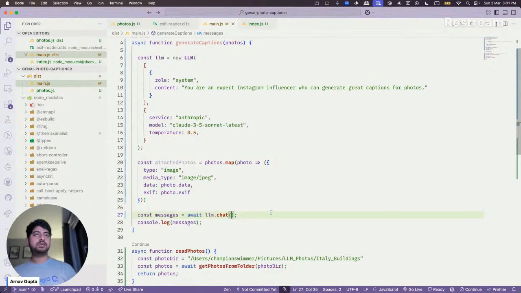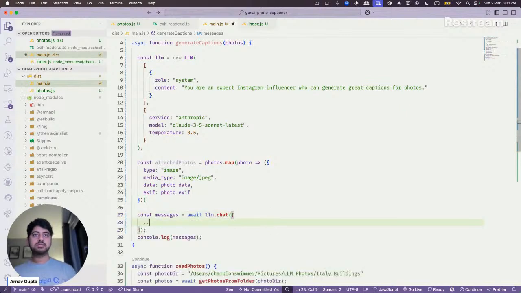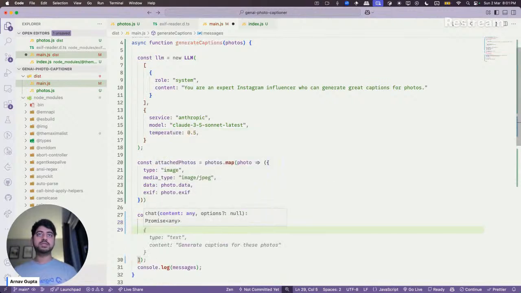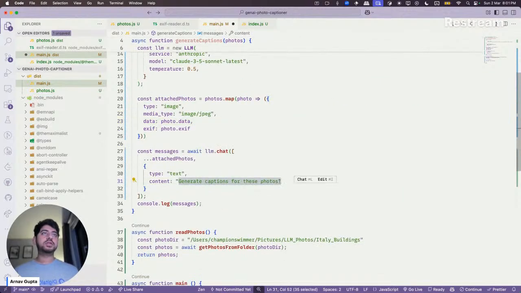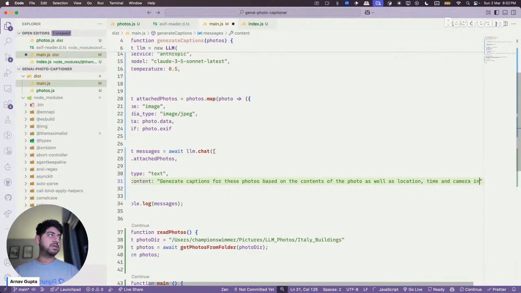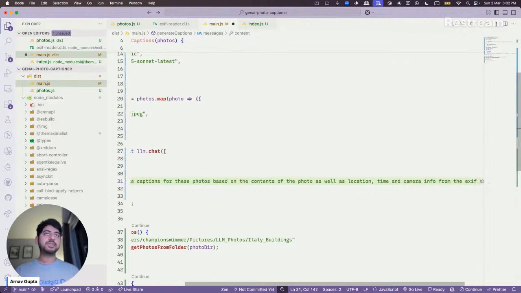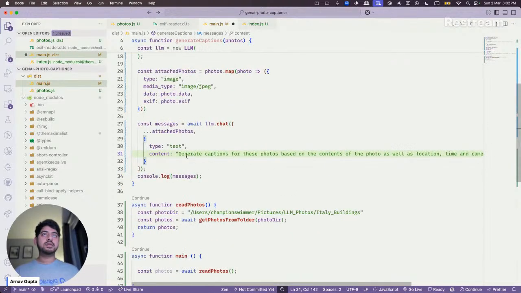So what I'll do is pass the attached photos, and then I will pass: generate captions for these photos based on the contents of the photo, as well as location, time, and camera info from the EXIF.